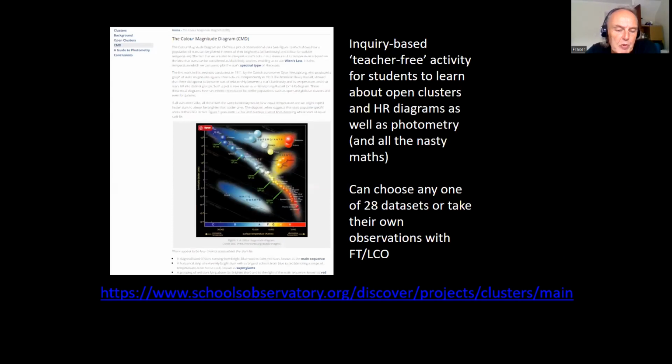That follows on from one that I did a couple of years earlier, which you may have heard of from previous talks. Hopefully some of you have at least come across this concept. Again, looking at open clusters and producing a whole load of data of open clusters that we've uploaded online, with all the activity, all the background knowledge you'd want to have for doing photometry, for understanding what open clusters are, understanding what the main sequence is, and so on.